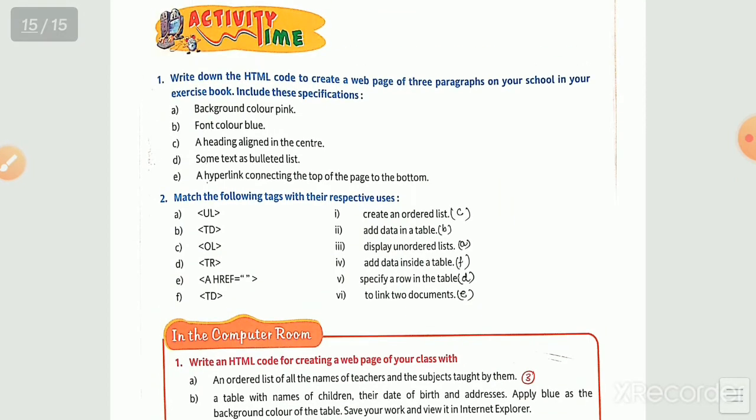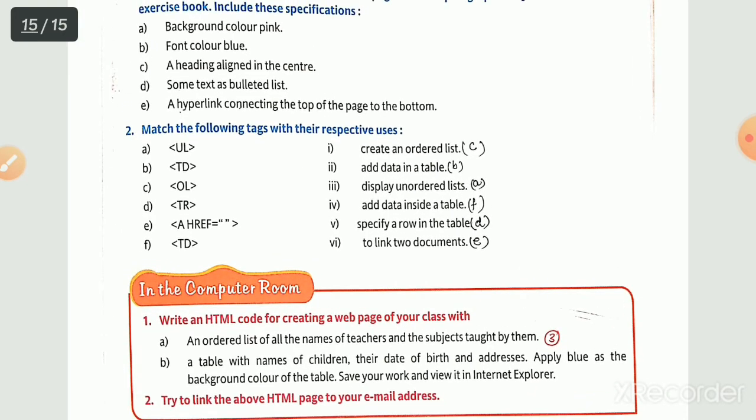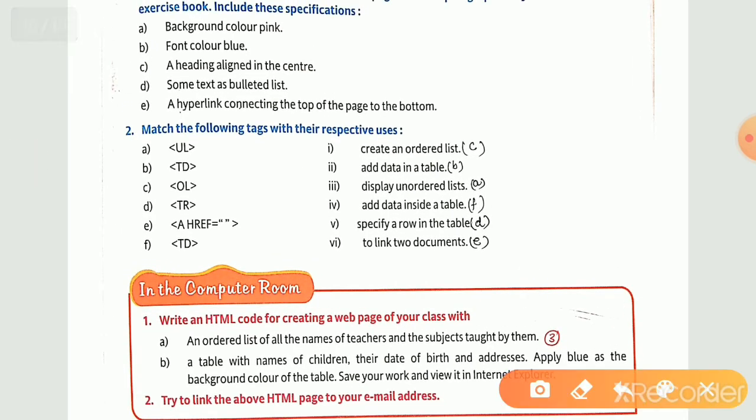Now for this activity time we are having match the following tags. Now see the first part, UL: you match this UL with this third portion, display unordered list. For the B part, TD, you have to write down this second portion, add data in table. For the C part, OL, you please match it with the first one, create an ordered list. For the D part,